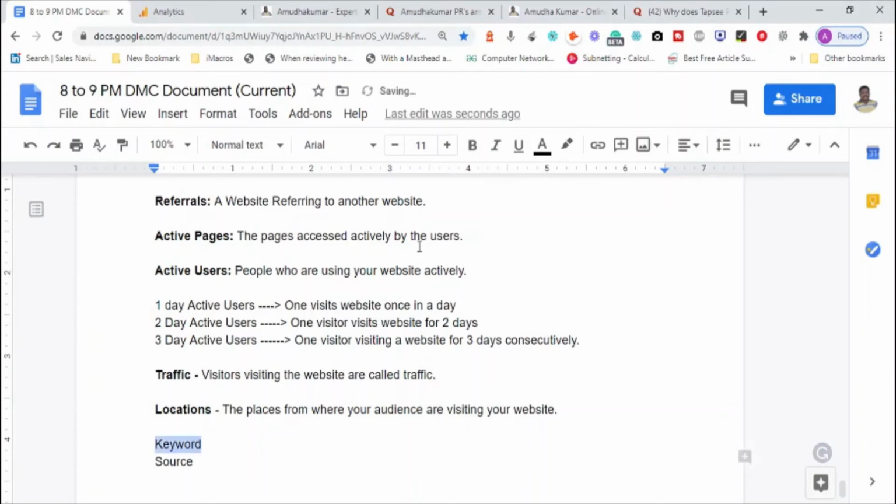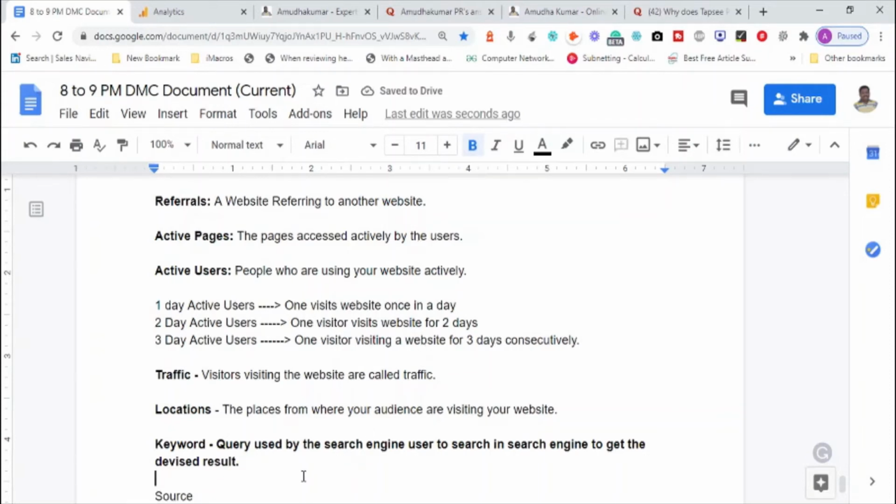Okay, keyword is a phrase, a query used by the search engine user to search in search engine to get the desired result. So this is basically called keyword. Obviously, when I go to Google and start searching about what I want, it's basically called a keyword.